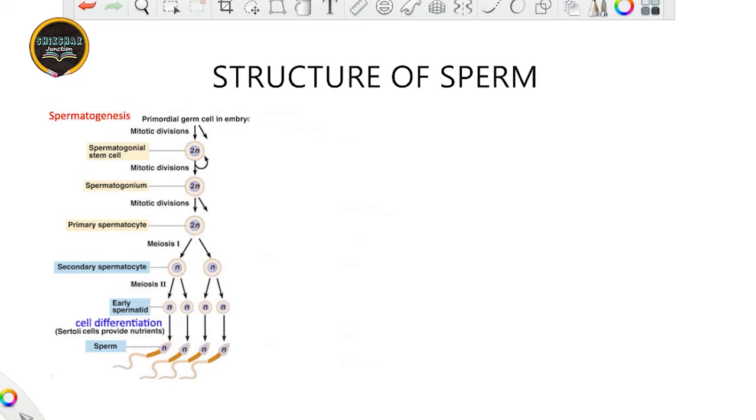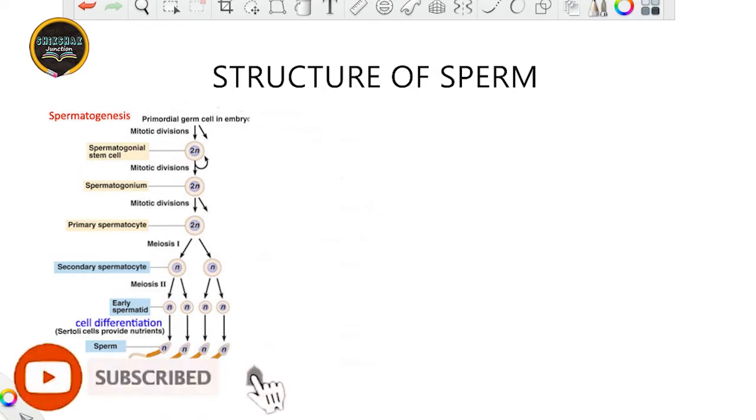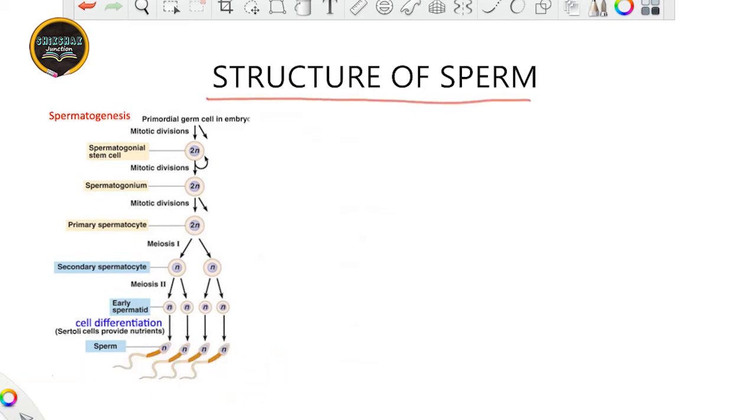We are dealing with a very important chapter, that is Human Reproduction. And within that particular chapter, in this lecture what we have to discuss is the structure of the sperm. In the last lectures, we have already talked about this flow chart, and I have already discussed everything about it. Where we have left off is the development of these sperms, like the question mark which I have put in the figure. With respect to the figure, we are going to discuss that.